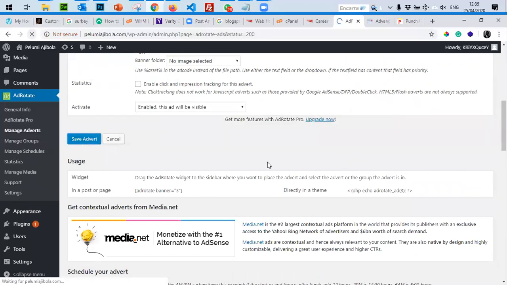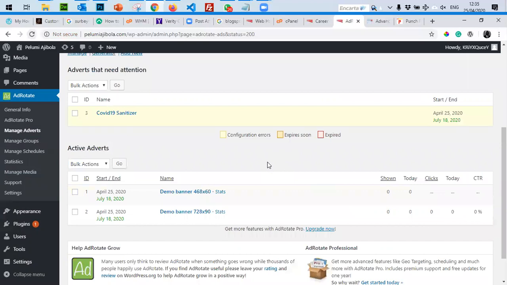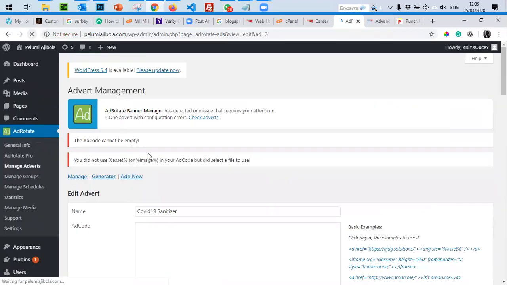Let me say this first. So if it were to be an image, I'll put the same thing. So now this one says that the banner is from April 25th to July 18th. Let's say, okay, I didn't look out for the end date though.